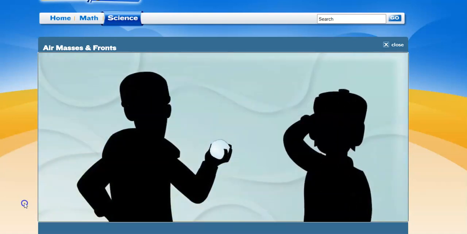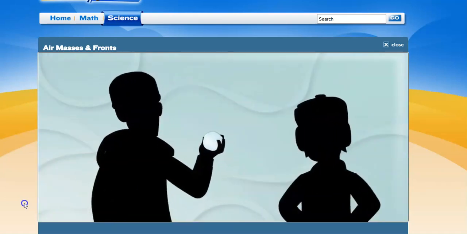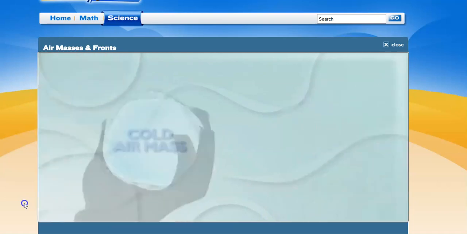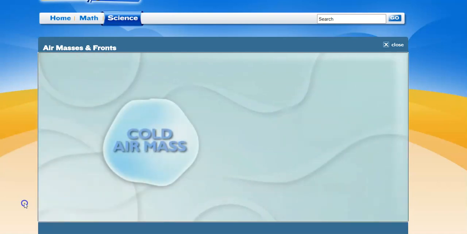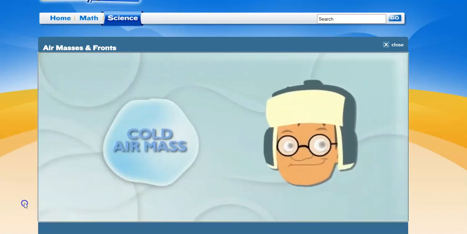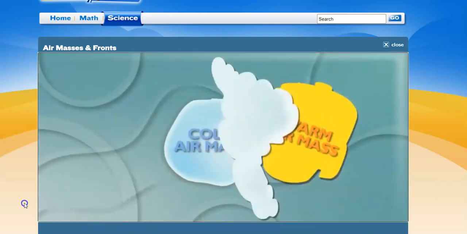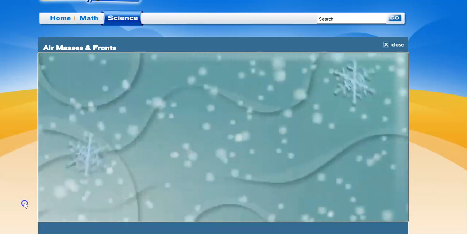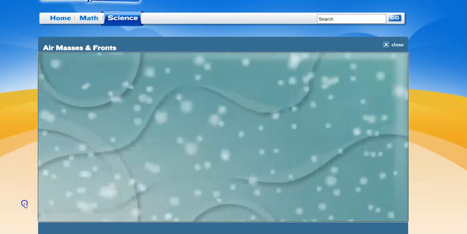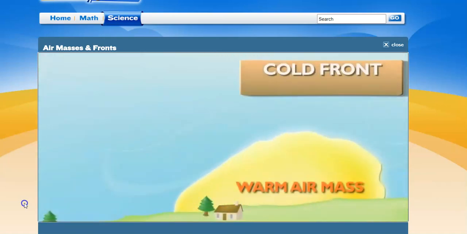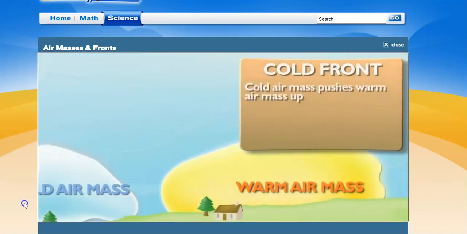When that snowball hit you, it exploded, right? Yeah, and it hurt. Well, Sam, I think it's instant replay time. Let's say the snowball was a cold air mass and you were a warm air mass. When you both clashed together, a front was made and the ball burst. It snowed. Oh, that's kind of cool. Yeah, this snowstorm is a result of a cold front.